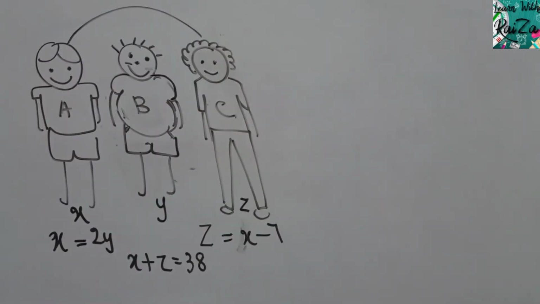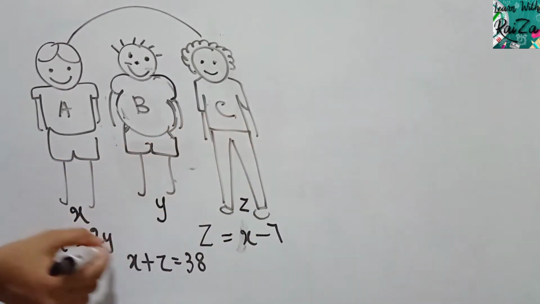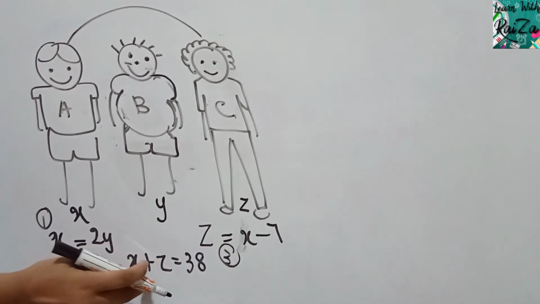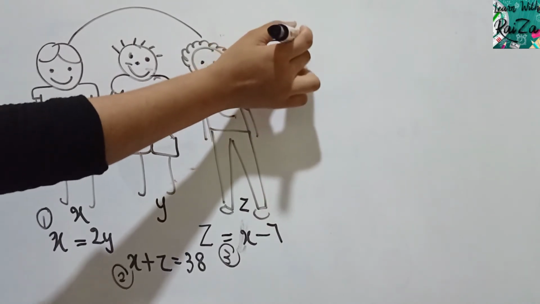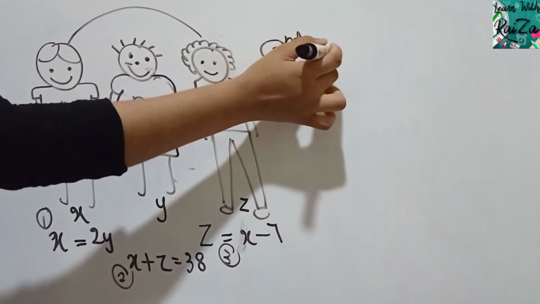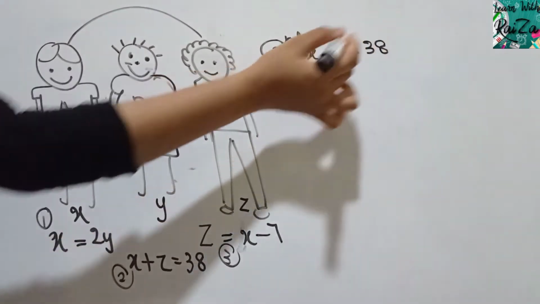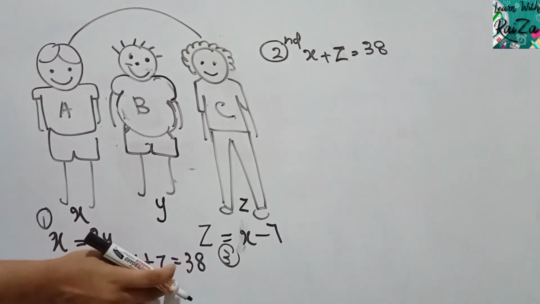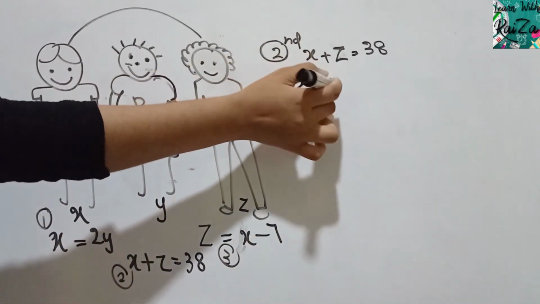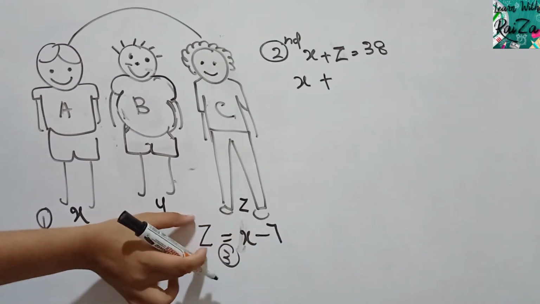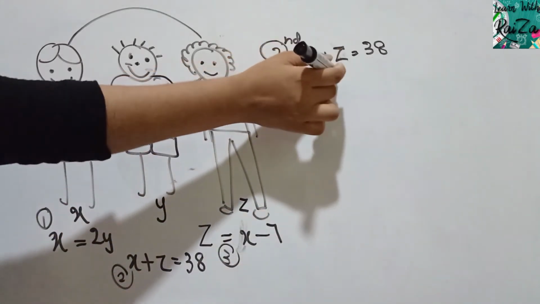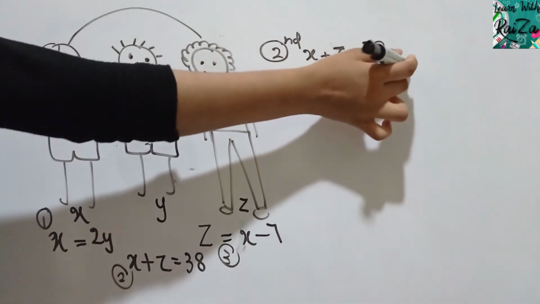In all these types of questions, you have a hidden relationship. I'll consider these as 1 and 2. This is a very analytical question. Now here I am taking the second equation. Listen carefully. X plus Z is equal to 38, right? Z is equal to X minus 7, isn't it? So instead of Z I am writing X minus 7, equal to 38.